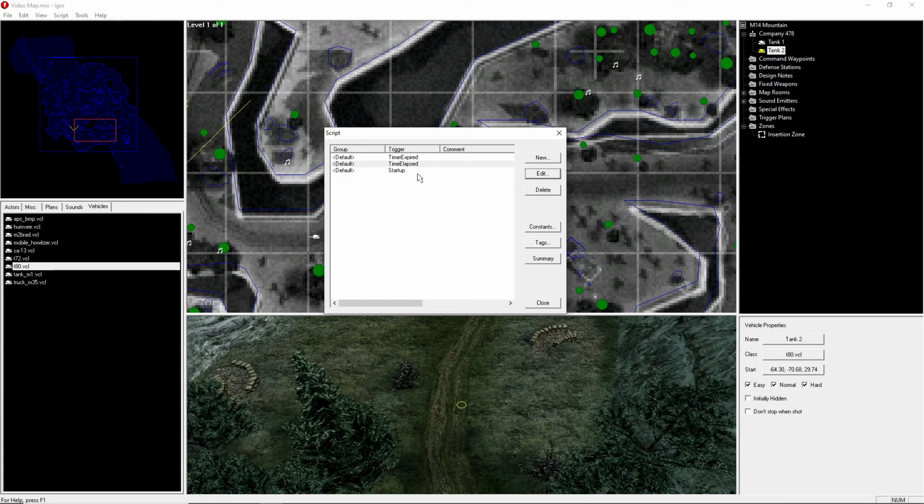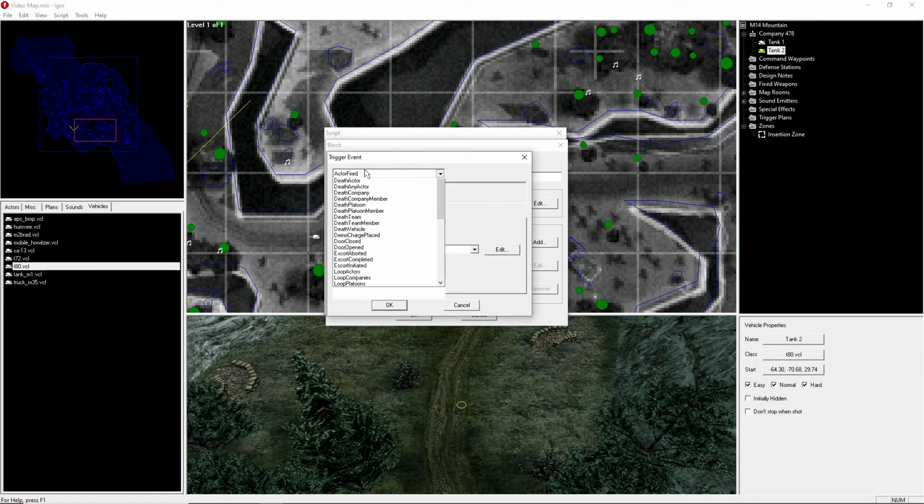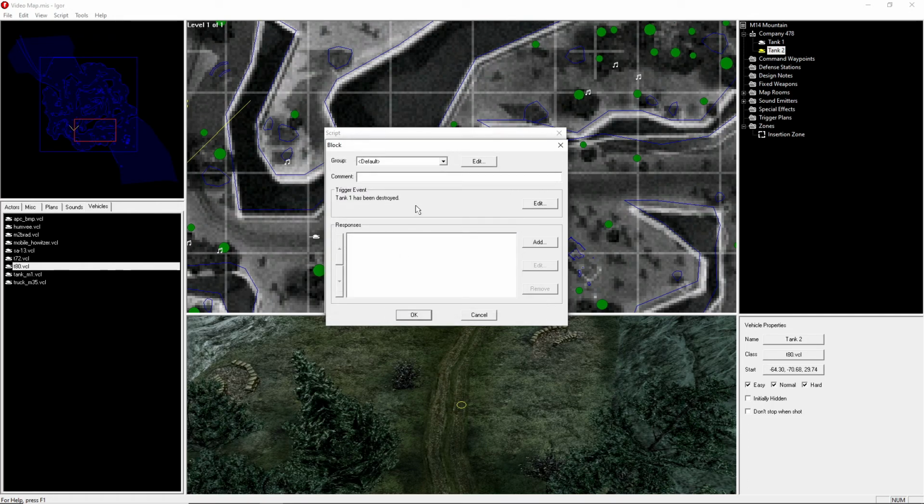Now we have to make sure the integers line up, so when we destroy one tank, we don't lose because we don't have enough anti-tank rockets. So now we have to set up the death of those vehicles. So you start a new block, you go to death vehicle, and you select either one of your tanks, or however many vehicles, whichever one you want. So as soon as tank 1 is destroyed,